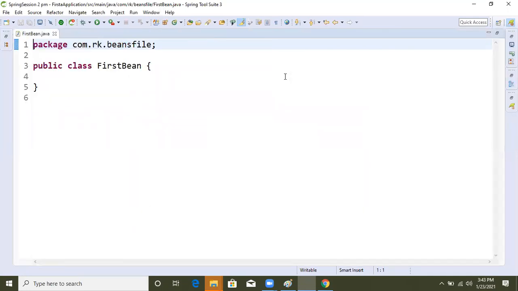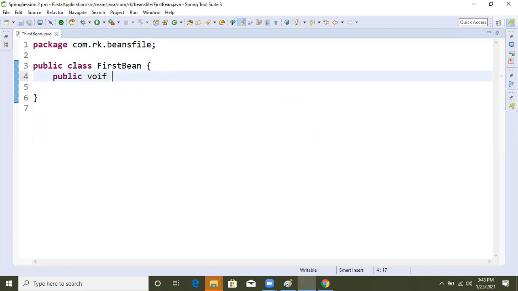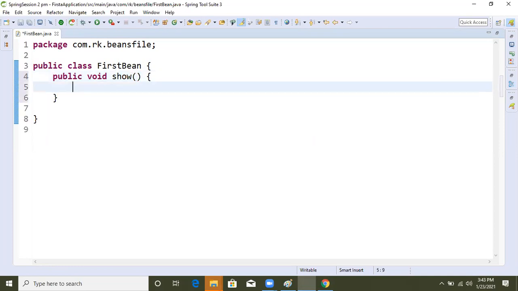This is the bean class, and inside it I will write one public void method. This is just core Java, think of it as core coding. Here: Welcome to spring application.